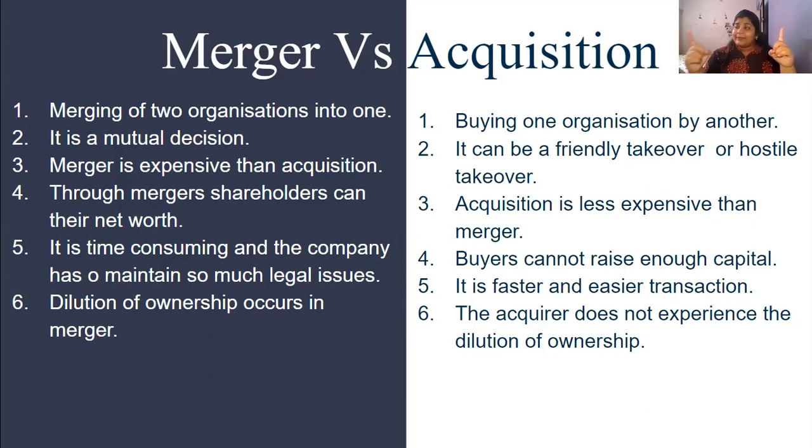In merging, it's a mutual decision. Company A agrees and company B agrees. They get into a contract mutually. Both of them want to merge. Only when both of them want to enter into the contract, merger takes place. Whereas in acquisition, it can be a friendly takeover or a hostile takeover. It can be friendly. I can tell company B, I want to take over your company, and company B agrees to it, and mutually we get into it. Or I can forcefully buy their shares. If I have money, I can show that power. If I am a big company, if I have power, I can acquire this company forcefully as well. It depends on the financial capacity of your company.